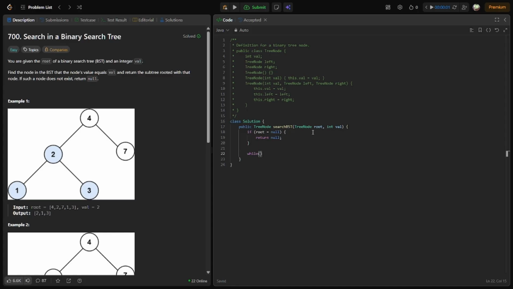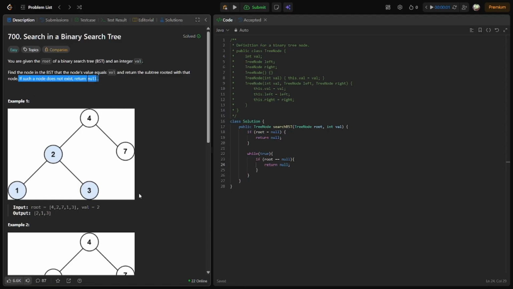Now, our second case, we are going to loop through our whole binary search tree. And if we don't find our value and we end up at a null root, we are going to return null because the question literally says here, if such a node does not exist, return